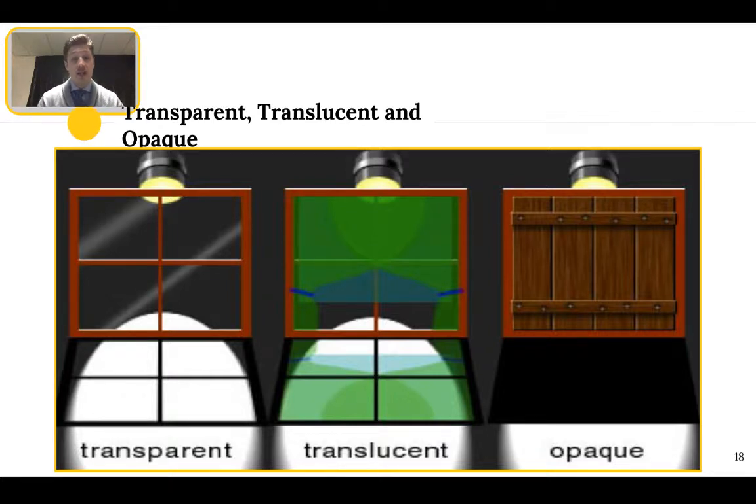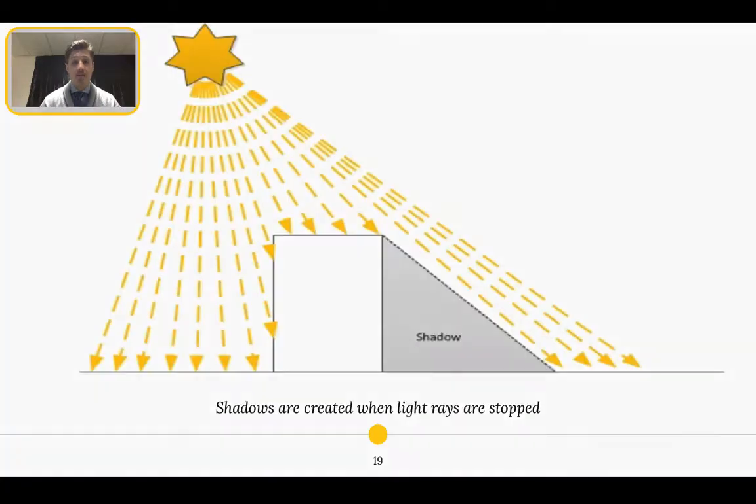Being translucent allows light to pass through, but the rays are scattered and the image can be distorted when looking from the other side. And finally, being opaque is that no light rays travel through and no image is seen from the other side. A shadow is a dark area that is formed due to light travelling in straight lines,